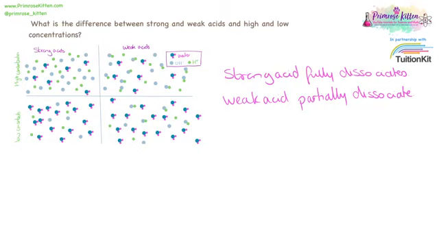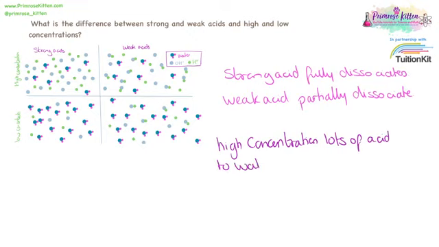Down at the bottom we have concentration. So here we have a low concentration and here we have a high concentration. We are looking for the concentration of the acid compared to the water. Now at a high concentration there are lots of acid molecules in a set volume of water. So a high concentration has lots of acid to water particles, or a high ratio,